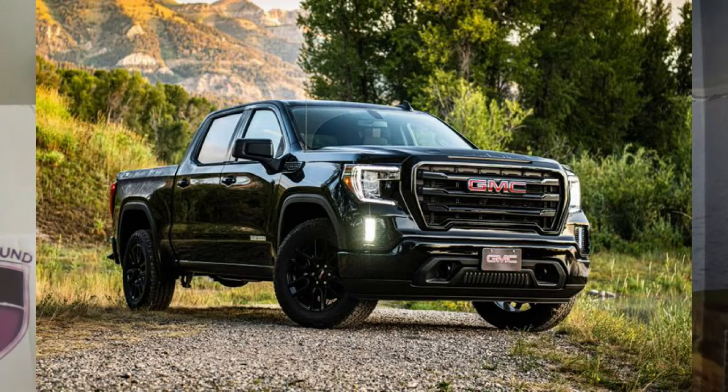Number 5 on the list is the GMC Sierra 1500. The GMC Sierra is in the Chevrolet family because it's GMC. I've never really understood GMC versus Chevrolet, the same company, but people have their preferences of what they're looking for. This monster has a 5.3 liter V8 engine, just about 355 horsepower, 385 pound-feet of torque